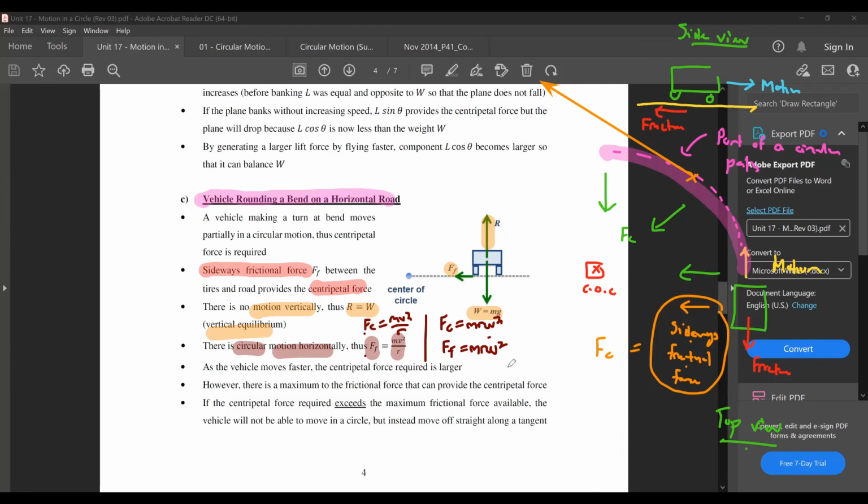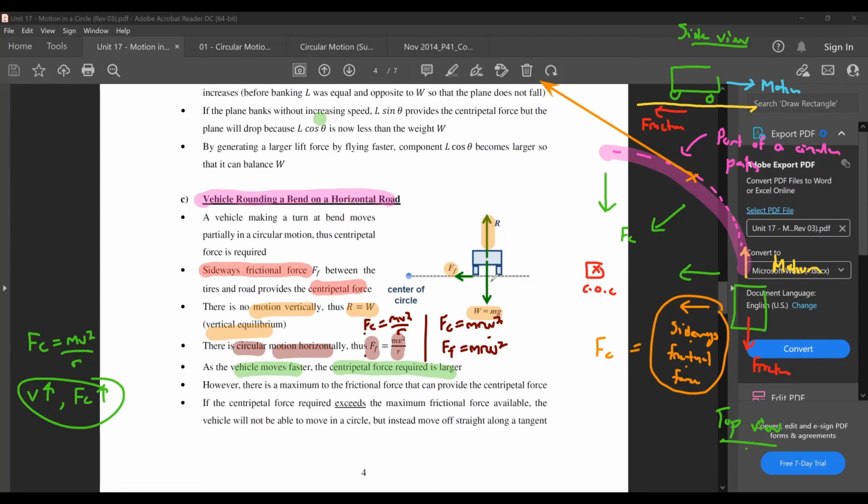Now, you need to first understand this. When your vehicle moves faster, you will actually require a larger centripetal force. Because you can see from here, Fc is equal to mv squared over r. If you try to move faster, your Fc required will also be larger. But here,